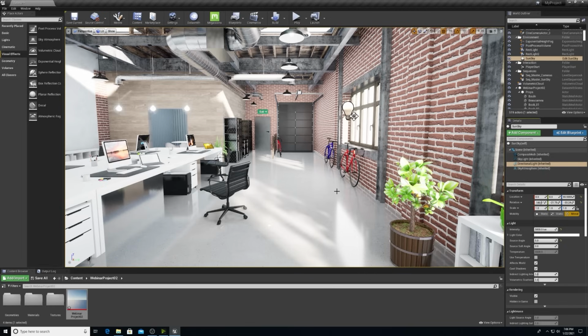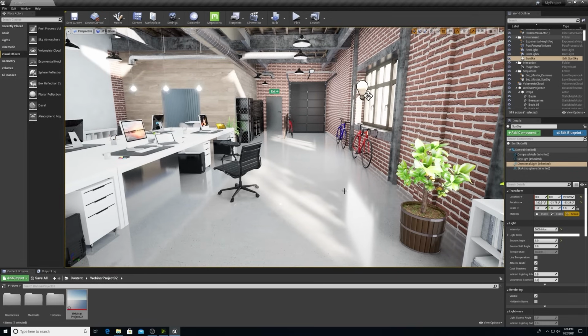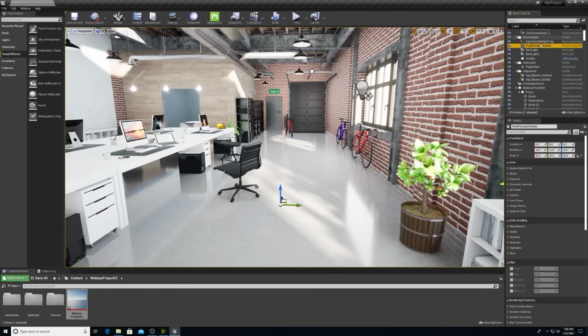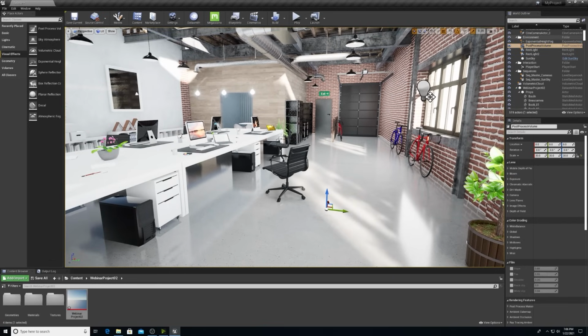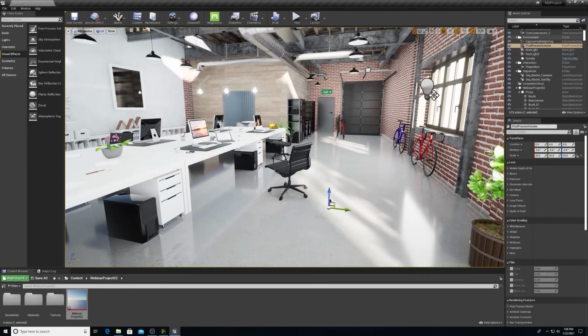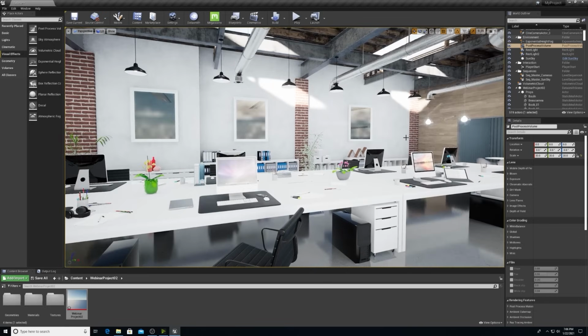Now, before we continue, we will need to set up a post-process volume so that we can have greater control of our lighting. The template has this set up, so I will go to the outliner and select post-process. The great thing about this is I can set up multiple in one space. Say I have a theater that needs to be a little bit moodier, a little bit darker, versus an atrium that's very well lit. I can create 2 different volumes for that space and have it in the same scene.